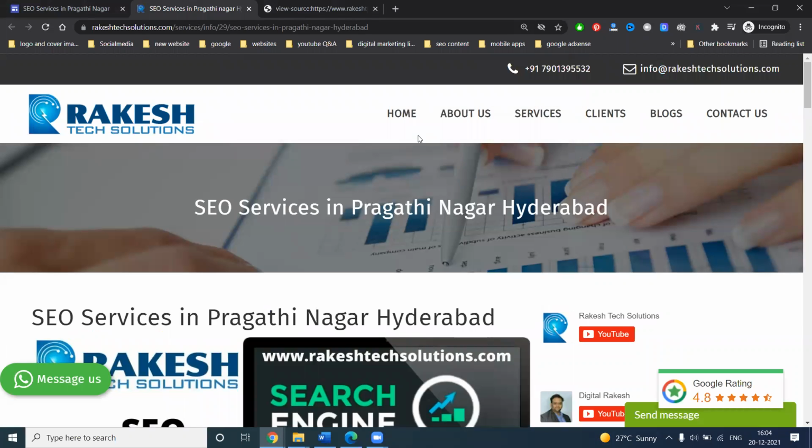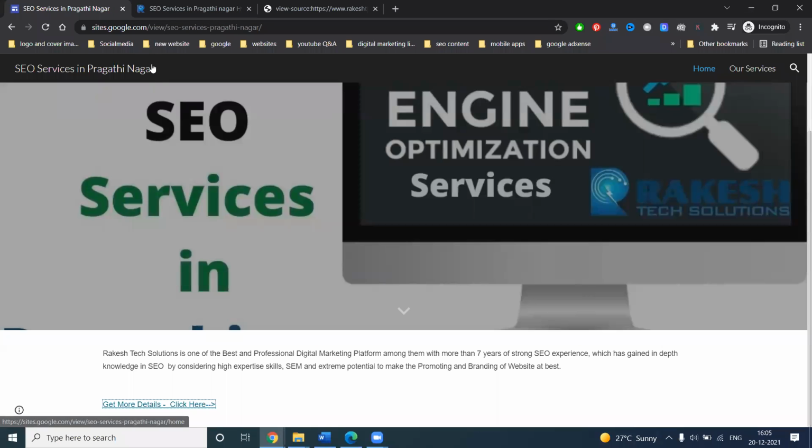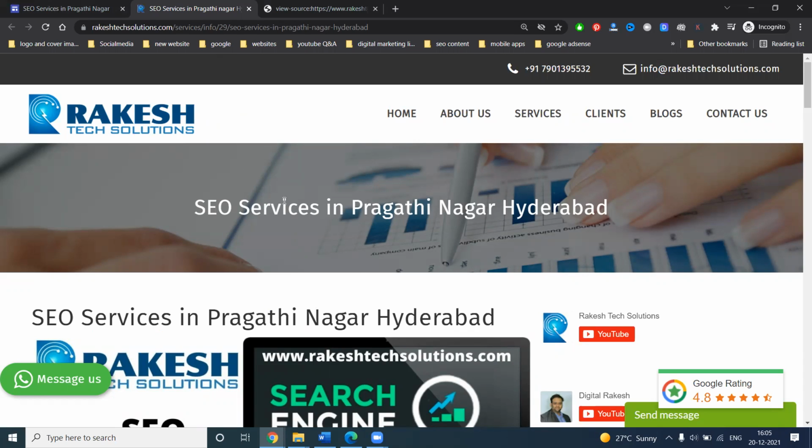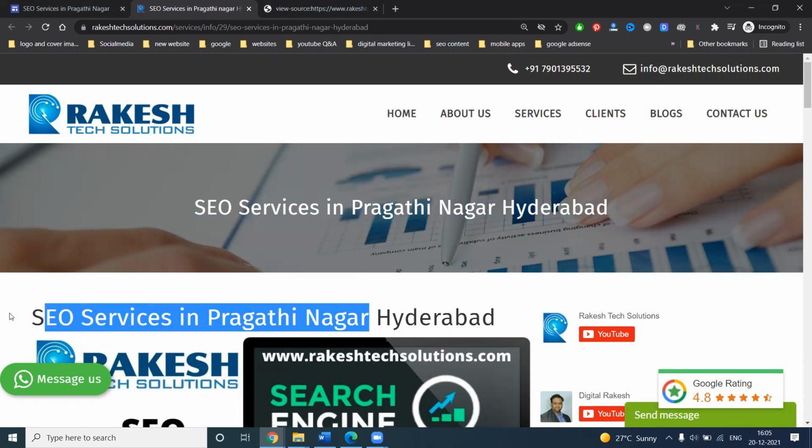One is the keyword, which people search and see on Google. Second is your website backlink from sites.google.com. The site is compulsory useful when people search this particular keyword. So simply you can go with this.